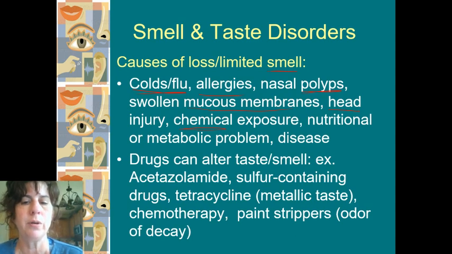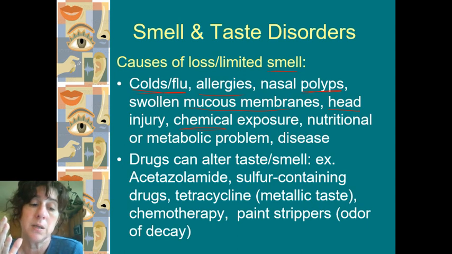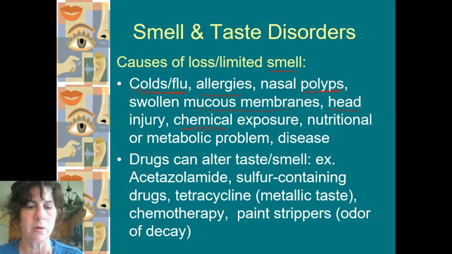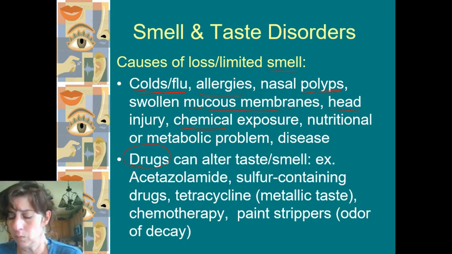Chemicals will actually burn the nerve endings. So a chemical exposure would burn those off. Sometimes you'll get them back after a period of time. Sometimes, depending on the amount of damage and the amount of exposure over a period of time, that may never happen again. And then nutrition plays into everything. Nutritional and metabolic problems or disease can also affect those receptors, and then you would have no sense of smell or an altered sense of smell. We can have temporary types of altered sense of smell. Taking drugs, whether prescribed or not, can also have an effect.